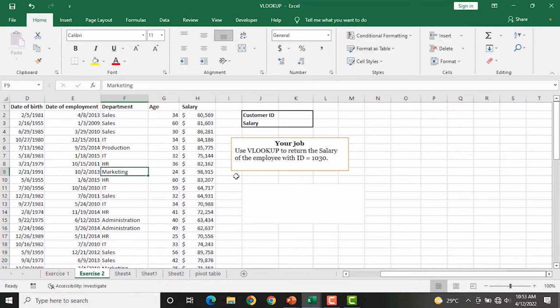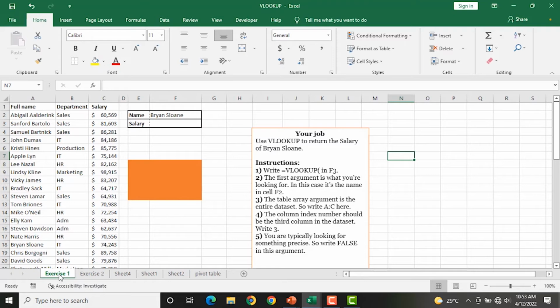All right, so we have different worksheets here, like date of birth also, but let me start with this particular exercise where I have the full name, department, and salary. In this case, we are looking for the salary of a particular name. As you can see, we have Brian Sloner. That means if we enter the particular ID number for that person or the particular name, we're supposed to